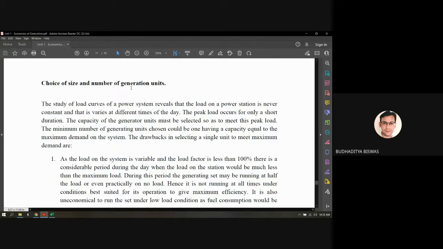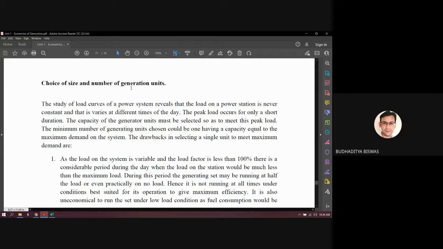Some power plants are there where the load demand is low. Suppose 2 units are there, and among the 2 units, one runs continuously to meet the load demand, but the other is kept as a reserve. It means if the first one needs maintenance or there are some problems in the first unit, then the second unit will generate. But for normal operation, the first one generates the electricity to meet the load demand, and the second one is kept as a reserve. But this does not happen in Kolaghat. In Kolaghat, all the 6 units are simultaneously able to generate according to their rating to meet the load demand.